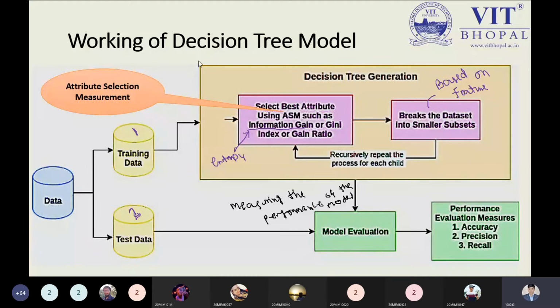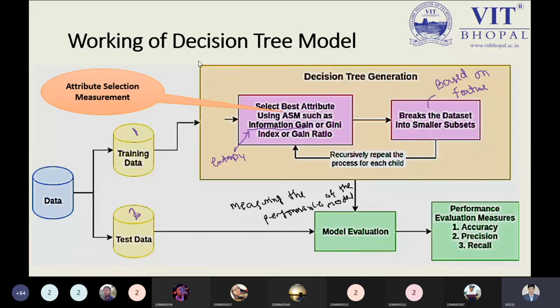Just like in the example, we divide the set of animals into two parts based on the color feature, and now we divide the set of animals at the next level based on the height. So definitely, we are choosing the features by which we divide our information. Now, this is a recursive process. You can see the arrow symbol, which goes back to selecting the next best attribute. So recursively repeat the process for each child.